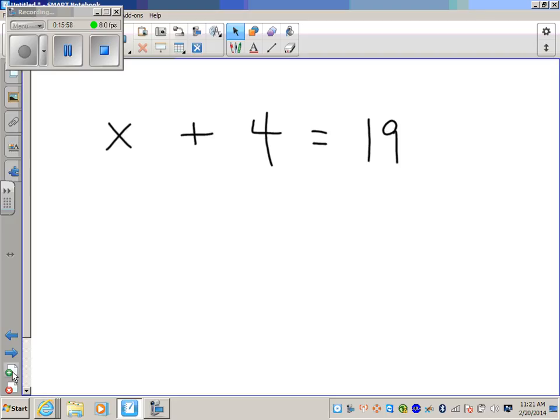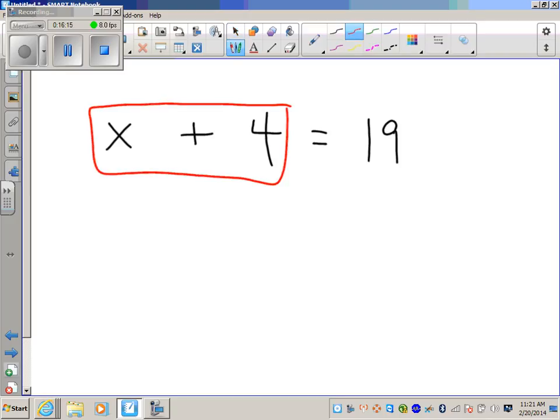What's happening on the same side? Where's the action? What's the action on the same side as x? What is the action? What's happening? So I have x and I got all this action going on here. What's currently happening right here? Adding how many? 4. So I need to focus on the opposite of adding 4, which is going to be